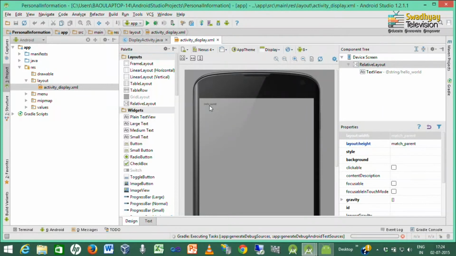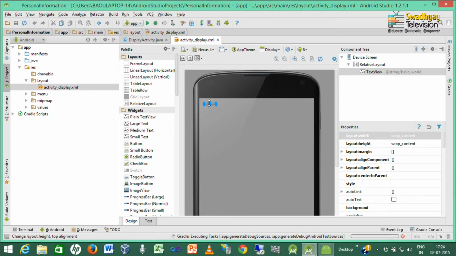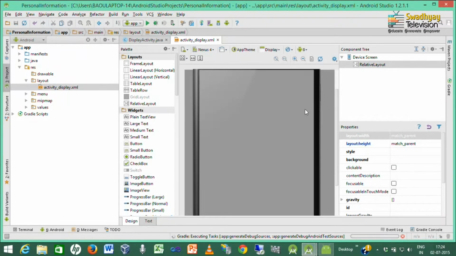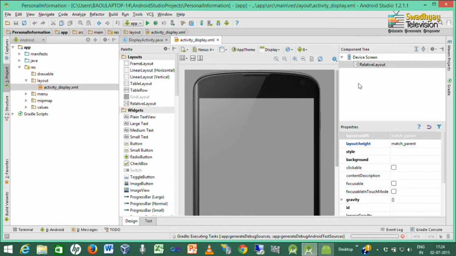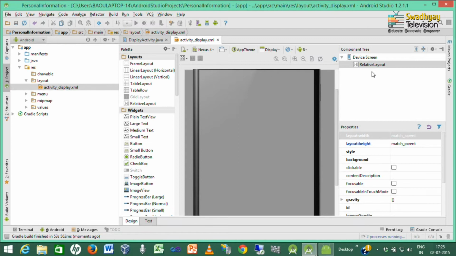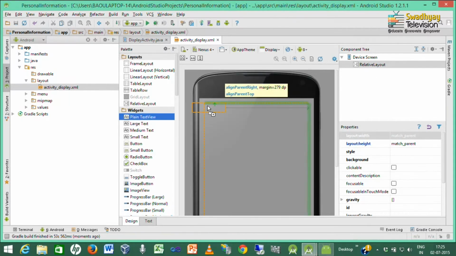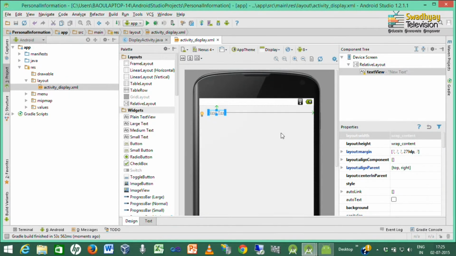I am deleting this default text view and putting the first text view in our interface. In the previous two examples we took linear layout. In this example we use the default layout which is relative layout. To display select highest qualification, I am just dragging one plain text view and giving it the name